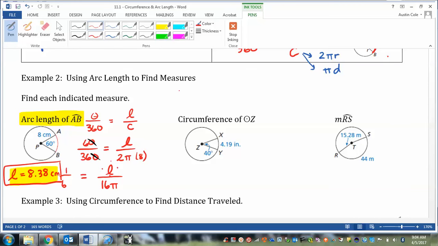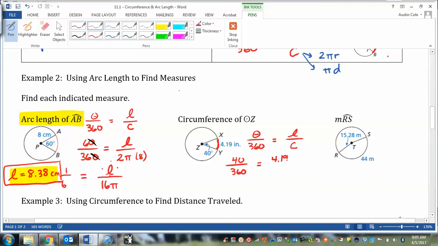Okay, now, this next one, we're asking for the circumference of the circle. The two things that we're given are theta, which is 40, and the arc length, which is 4.19. So I'm going to go back to my formula and plug in what I know. Theta over 360 equals my arc length over my circumference. So theta is 40, so 40 over 360 equals the arc length, which is